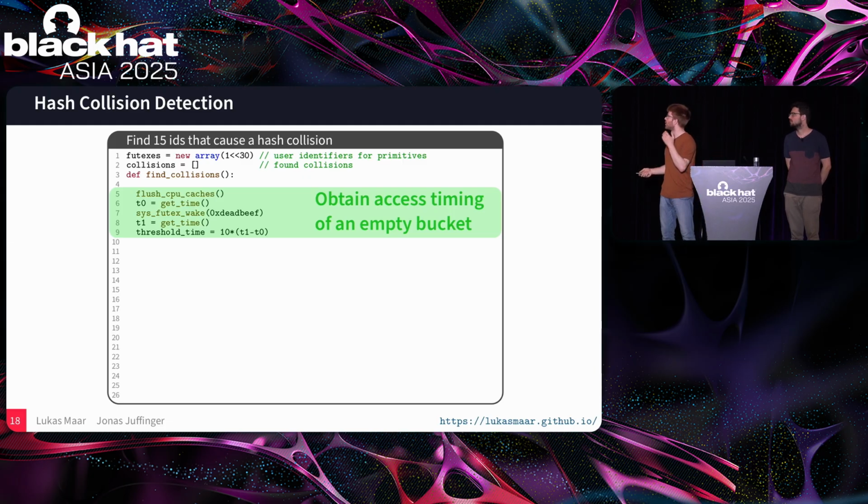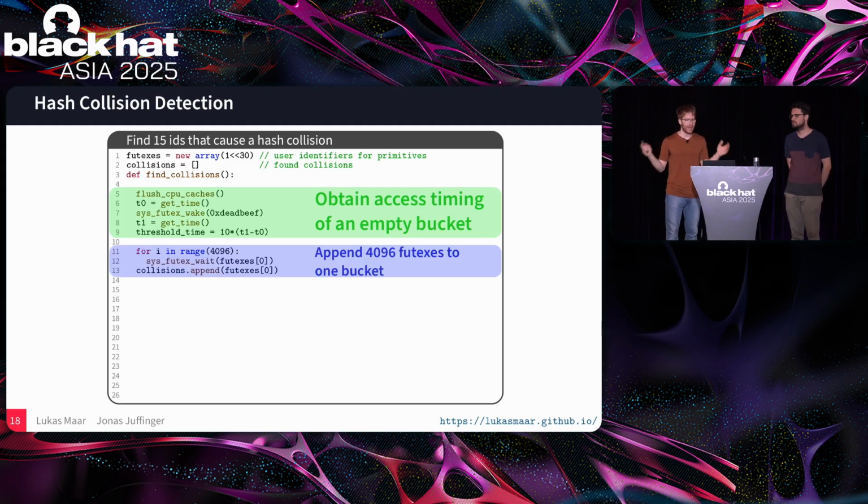And what we did as an initial stage, we obtained the access timing of an empty hash bucket. We did it by first flushing the CPU cache, so iterating over a large array. Then we get the timing of the futex wake with an invalid address. And that syscall timing times 10 is now our threshold. So if a timing is 10 times larger than an empty bucket, we know there are a lot of elements inside the hash bucket. A lot in our case means 4069